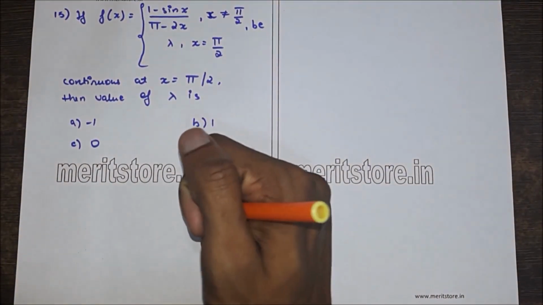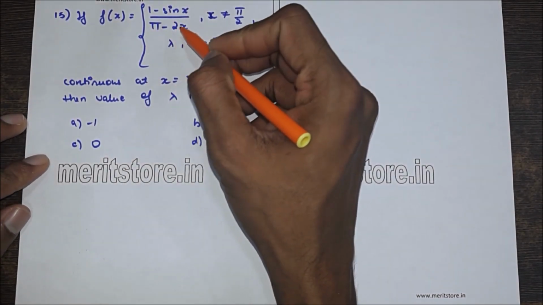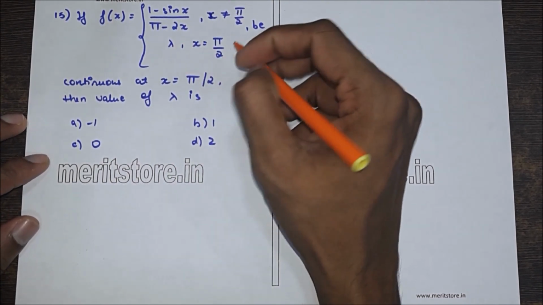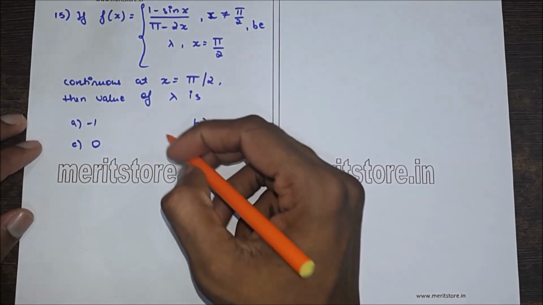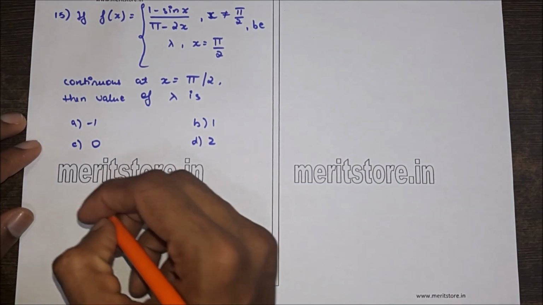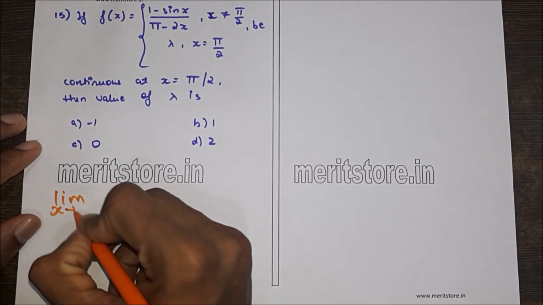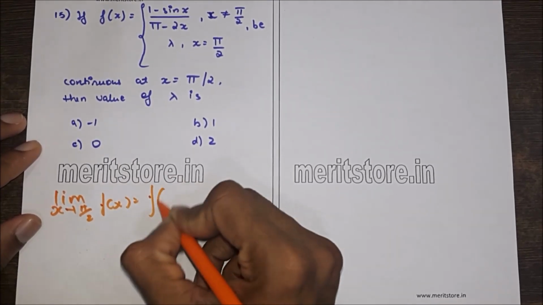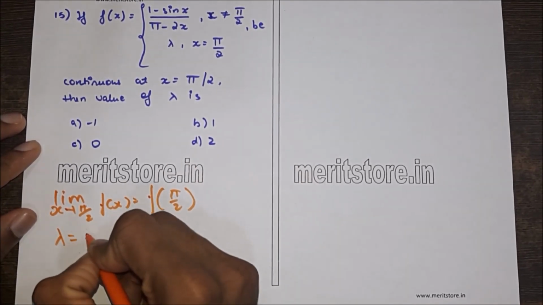Question 15. If f of x is equal to 1 minus sin x upon pi minus 2x, where x is not equal to pi by 2, and lambda where x is equal to pi by 2, is continuous at x is equal to pi by 2, the value of lambda is, we give 4 options. If f of x is continuous at x is equal to pi by 2, then limit x approaches to pi by 2 of f of x is equal to f of pi by 2, or we can say lambda is equal to limit